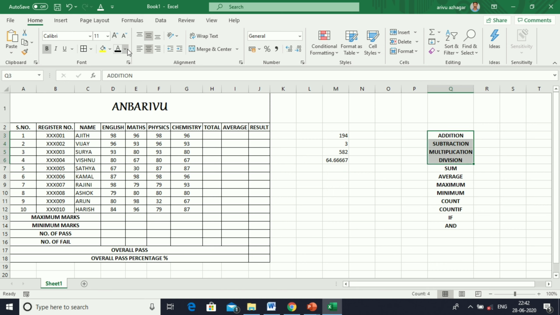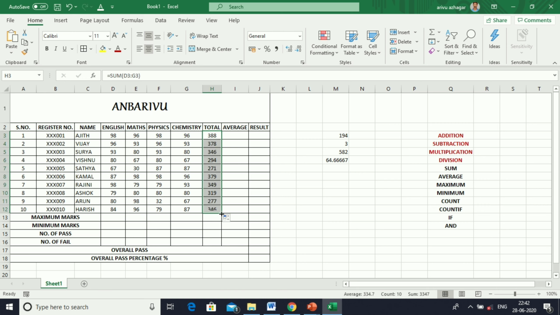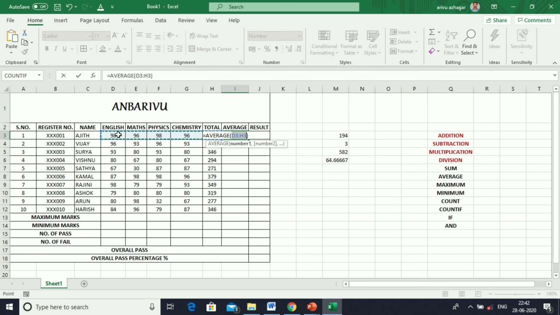Next sum, go to the formula, select sum, select the variables, 4 subjects, enter, you get the value. Drag for remaining students. Likewise average, select average, select the variable,